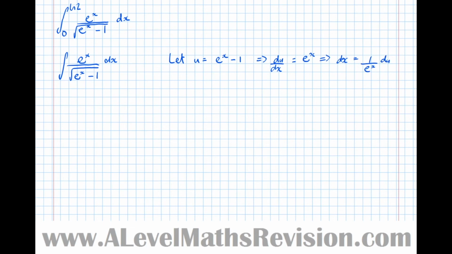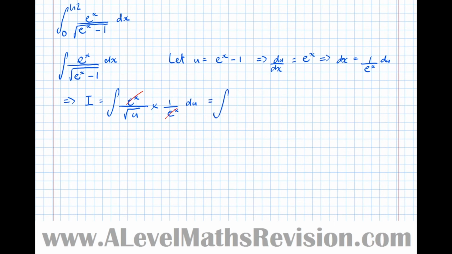So now subbing that in, the integral is the integral of e to the x over root u times 1 over e to the x du. We can see that the e to the x's cancel,